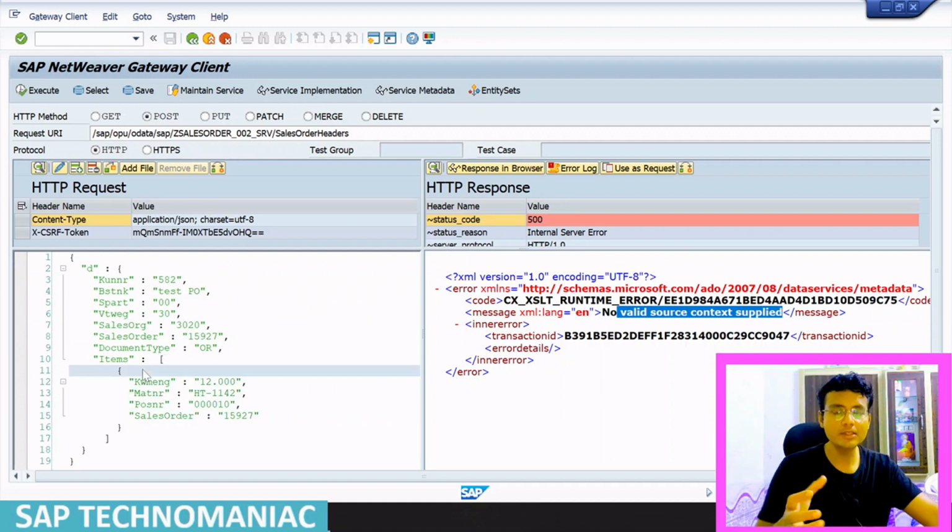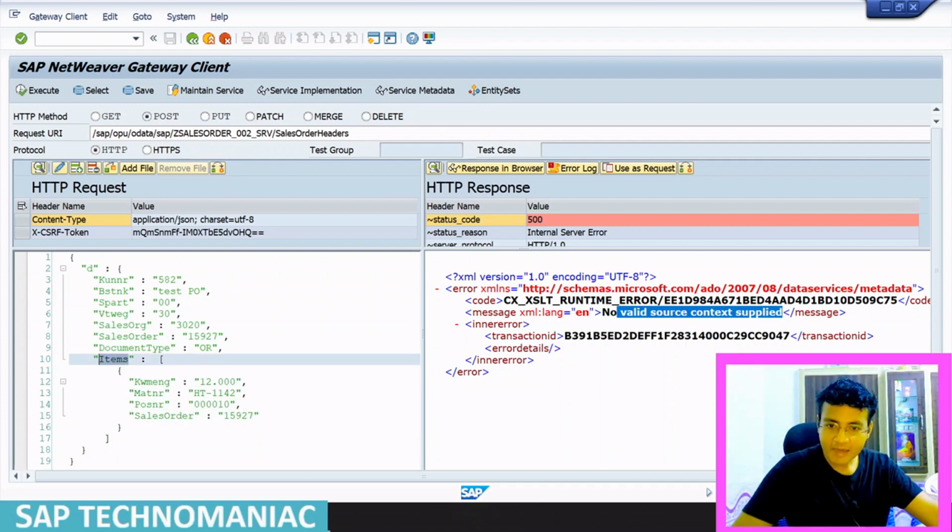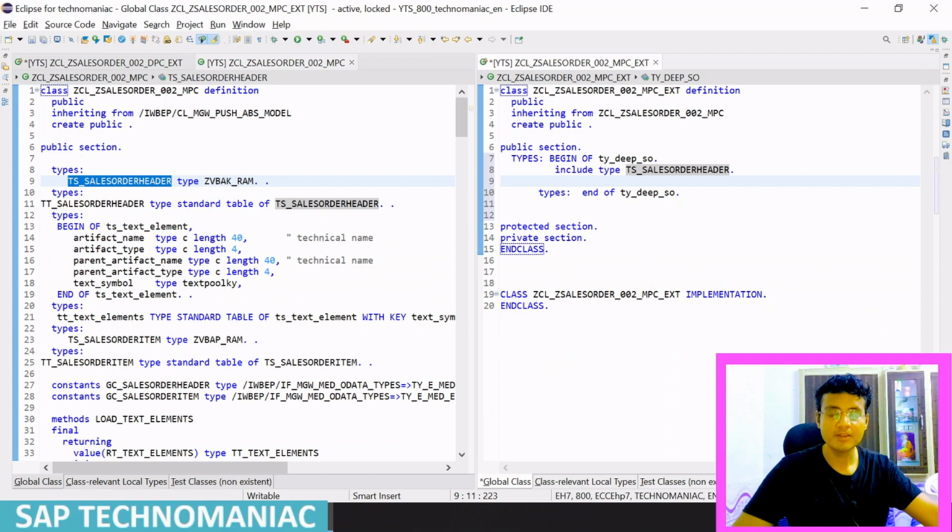So first we need an internal table instead of a structure, and second, we have to use this items name. Whenever we use that data provider class, it will be able to map the data correctly. That is the reason we have to use this navigation property. So we will use the items navigation property, items that type